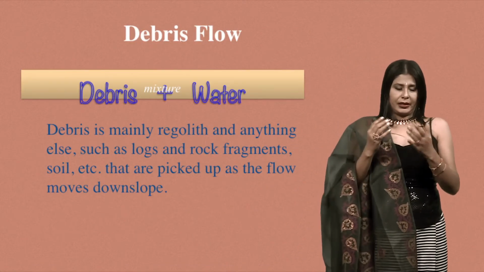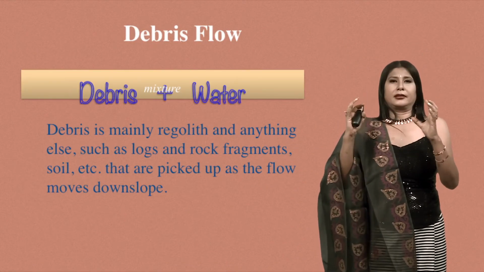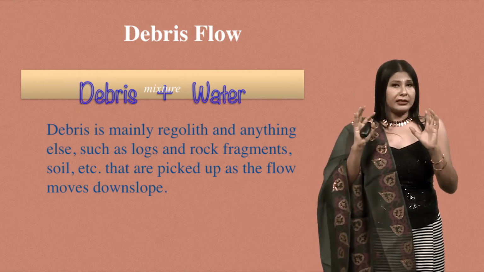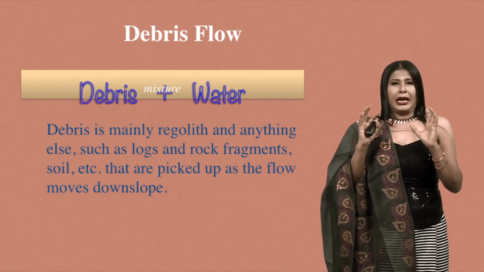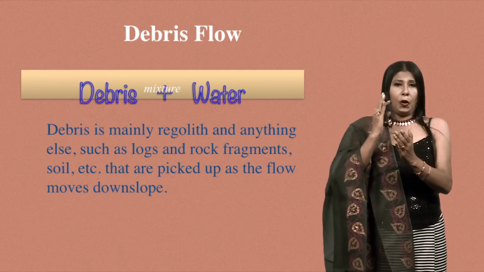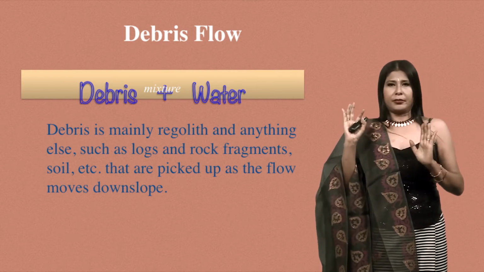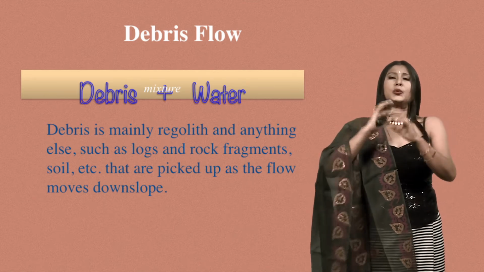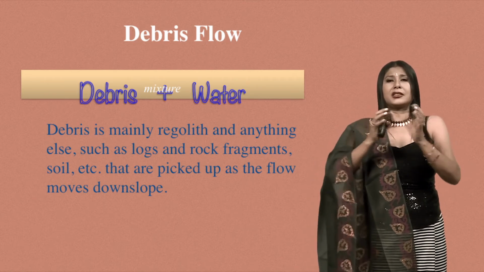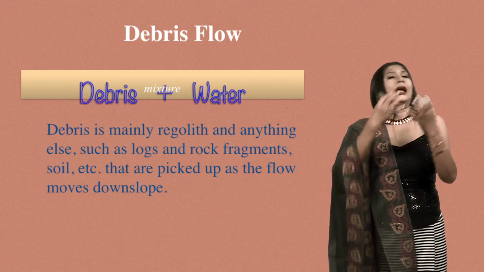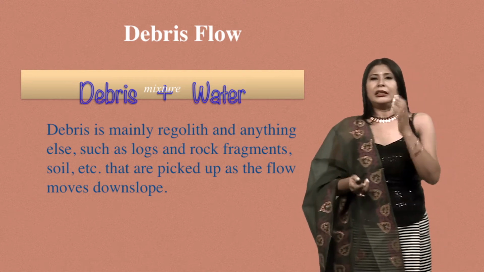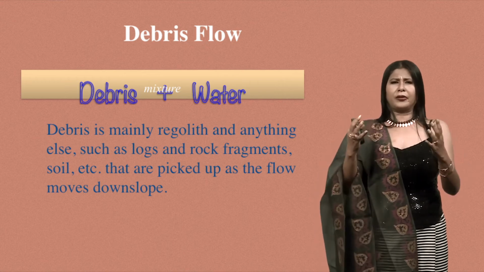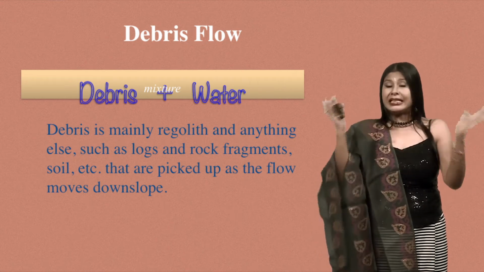Debris flow. Debris means debris. Material of all the sizes mixed together is called debris. And the moment we say flow, we know some water is there, because without water things will not flow. Debris will mix with the water and form a viscous fluid and gravity pulls it down. Debris is mainly regolith and anything else such as logs and rock fragments and soil, of any size,